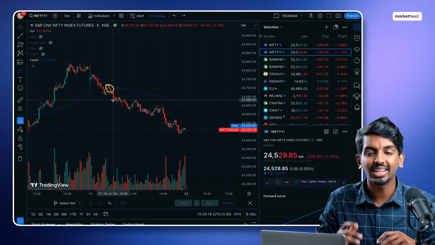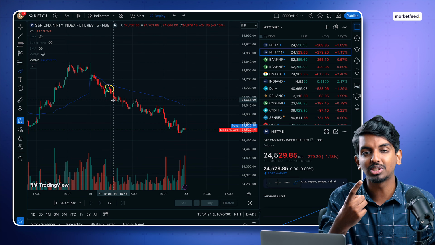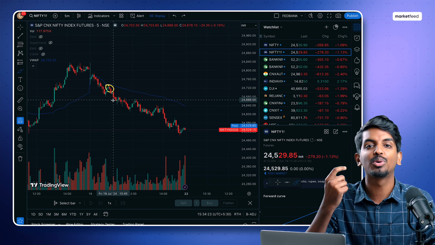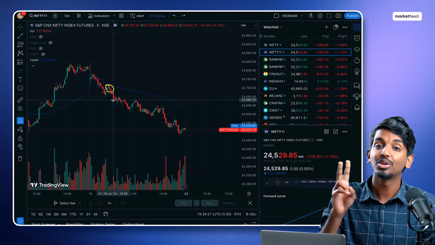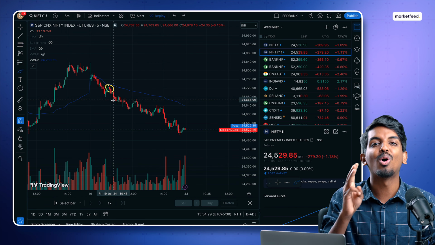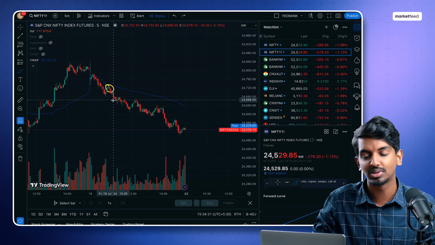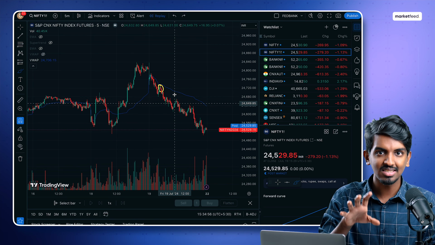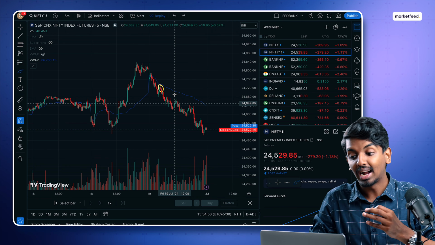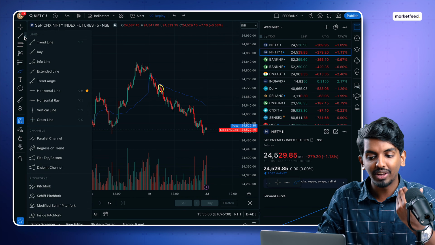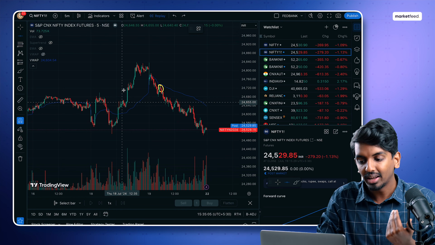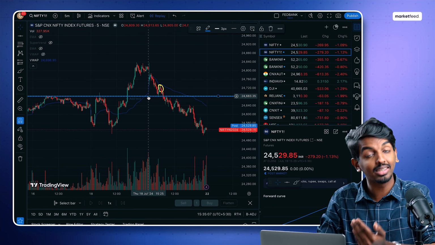So here when I say entering a trade, it can either be an option buying trade. So market is bearish, you can think about buying an option. Of course, there will be a lot more things to consider here. You can think about selling a call option or you can think about shorting Nifty futures here. So I would prefer this strategy to be an option selling strategy unless and otherwise price action also gives me a confirmation. So for very quick reference, I would be in an option selling trade at the 10:30 time, and